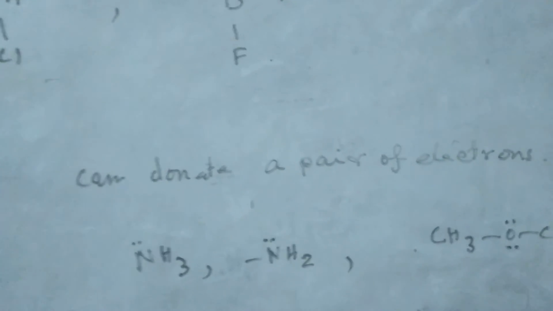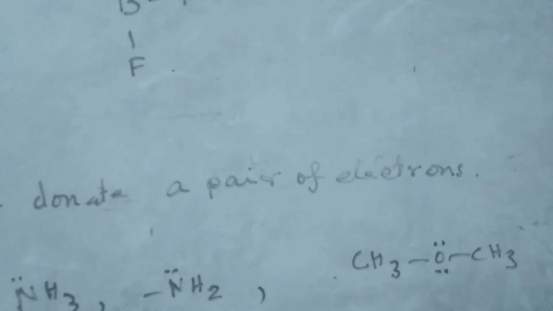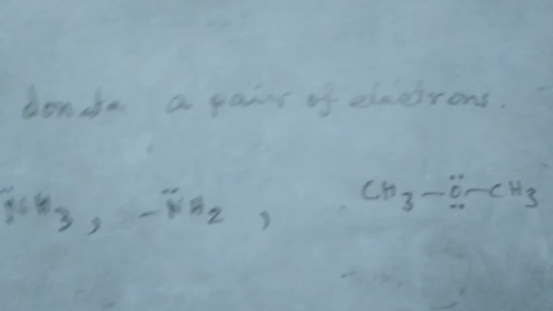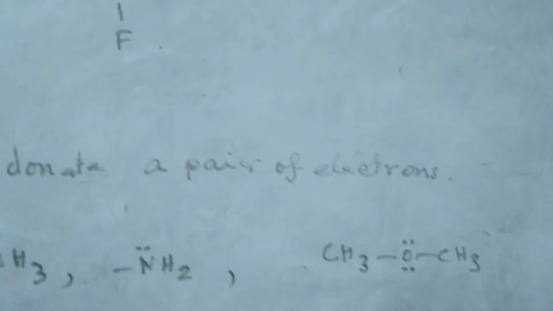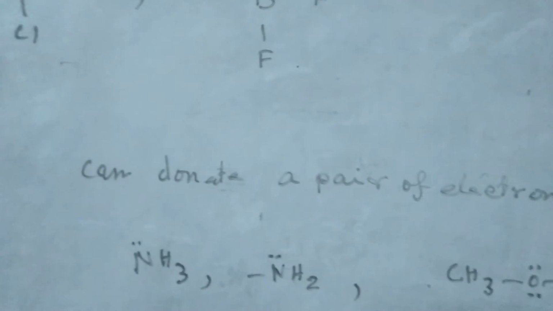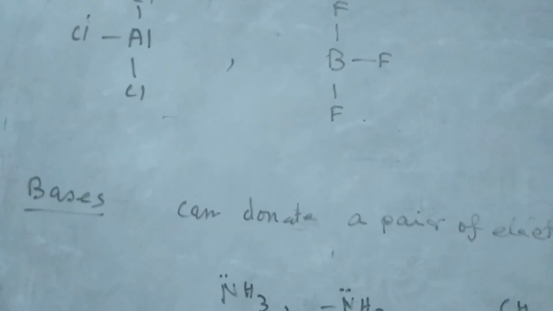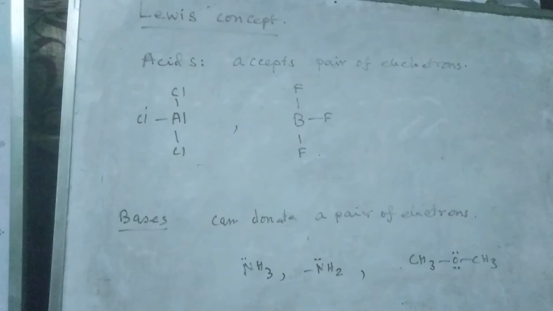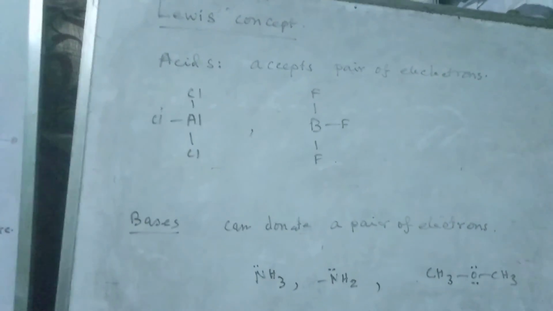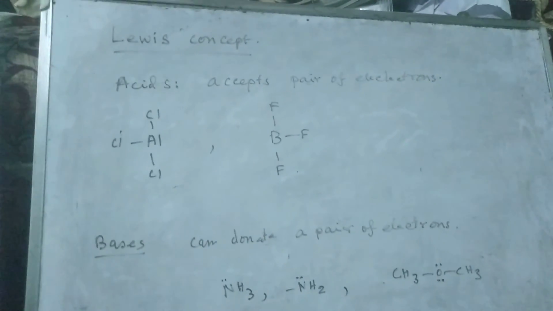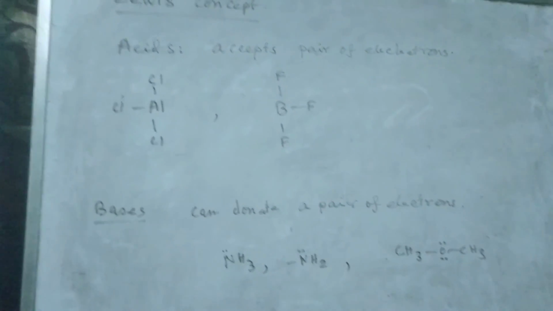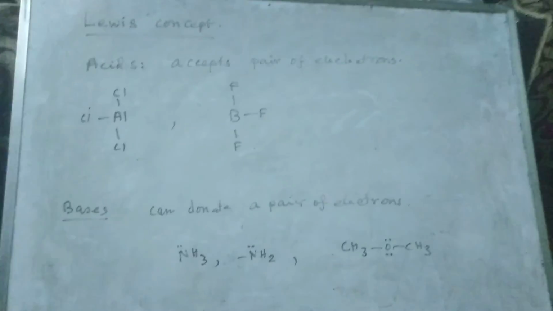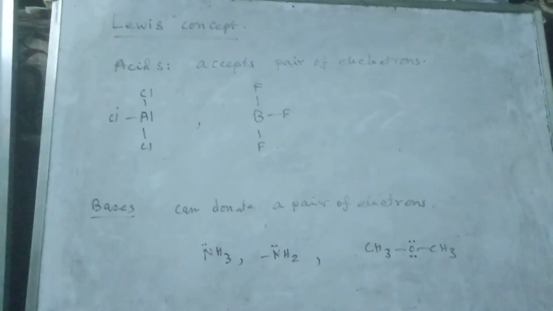According to the Lewis concept, bases are those which can donate a pair of electrons, like ammonia, NH2 radical, ether and many other things. Those which have the ability to donate a pair of electrons are bases. This is a very generalized idea of acid and base. It is so generalized that most things come in the form of acid and base, but unfortunately the common protic acids like HCl and H2SO4 cannot be explained as acids according to the Lewis concept. This is the limitation.